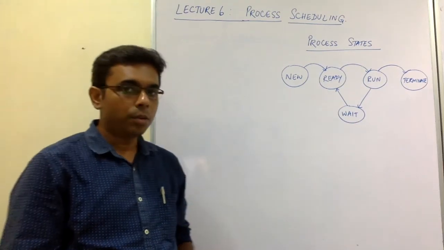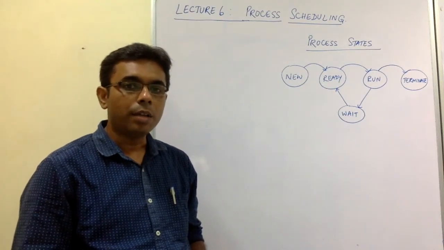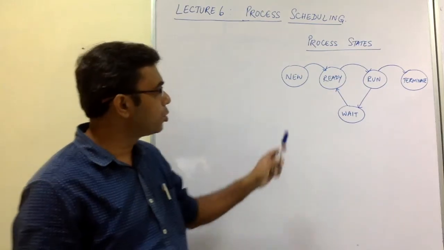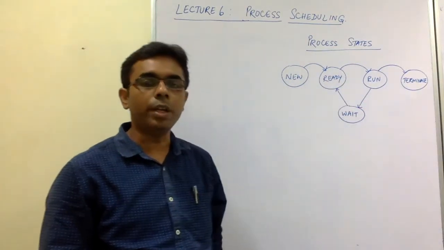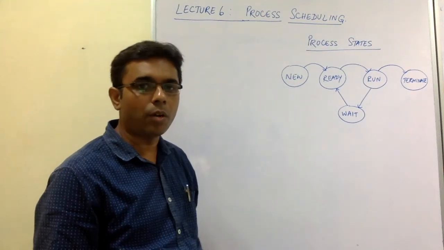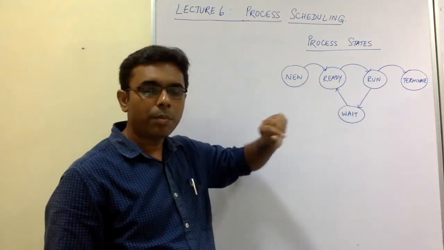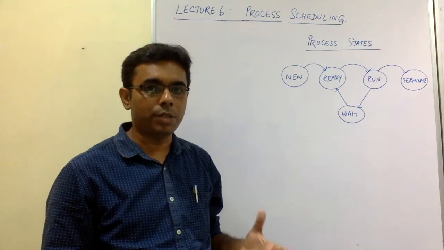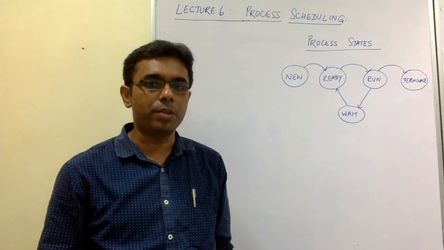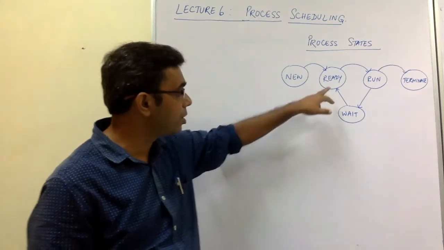Okay. So before we go into the discussion of the algorithms, let's quickly recap the life cycle of a process. We have already seen that a process goes through a number of states during its execution. When it starts, that is, when the process is created, we say that it is in the new state. Once the OS allocates sufficient memory space to that particular process, and the process is loaded onto the memory, we say that the process is in the ready